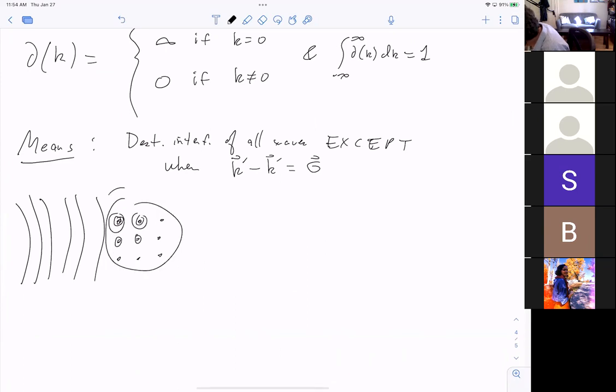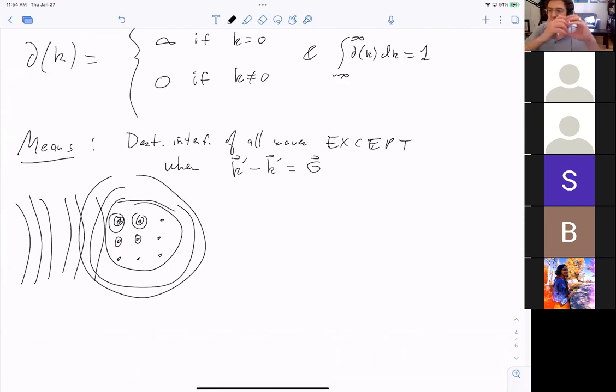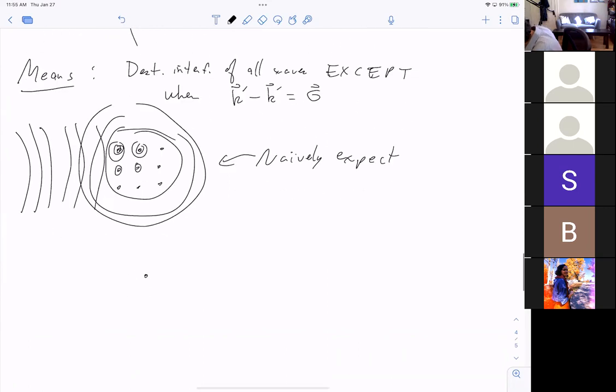And so then you start just getting a big scattered wave like that. And it just goes out continuously in all directions. So you might expect X-rays to be scattered in all directions. This is what you would naively expect. But if you expected that, then you'd be wrong, because what really happens is that I got my crystal